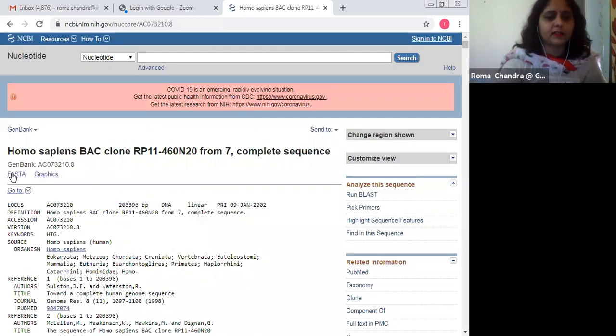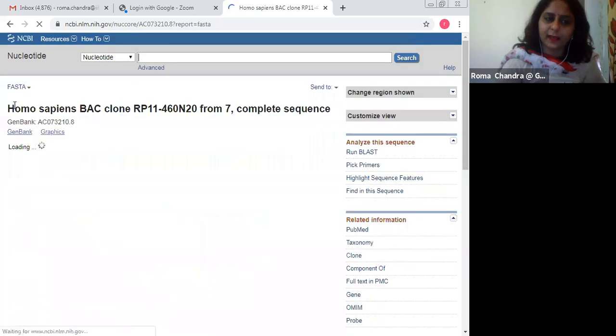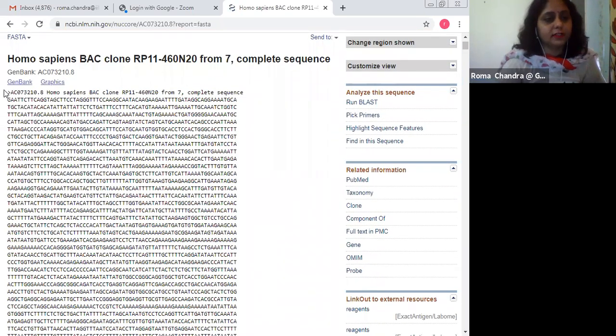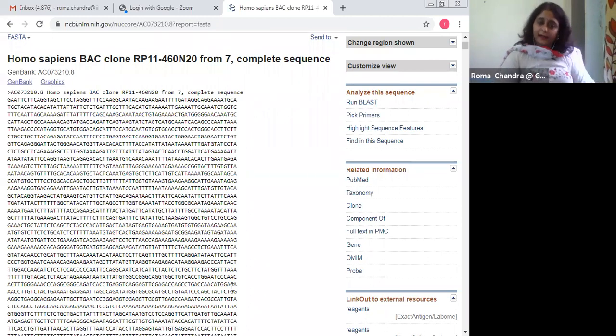It's a FASTA file format. I clicked the FASTA tab here, and I am redirected to my FASTA file format. The first line is my header line, and this header line gives me a brief description of my sequence. If I type this accession number in any nucleotide-related database, I will be redirected to this FASTA sequence.